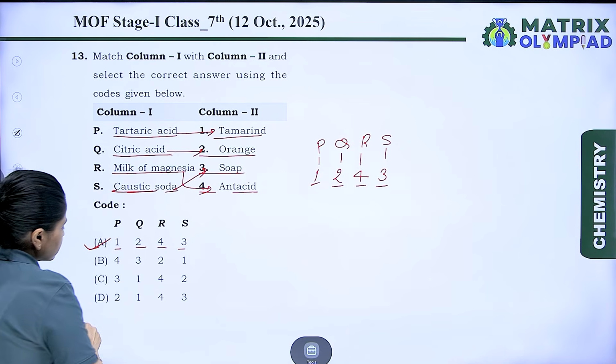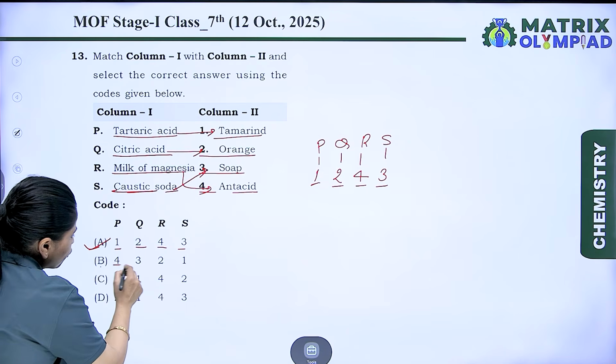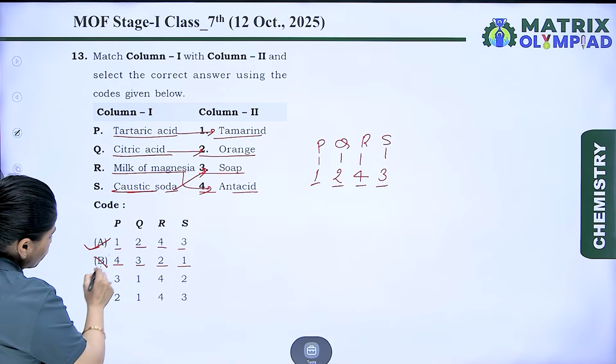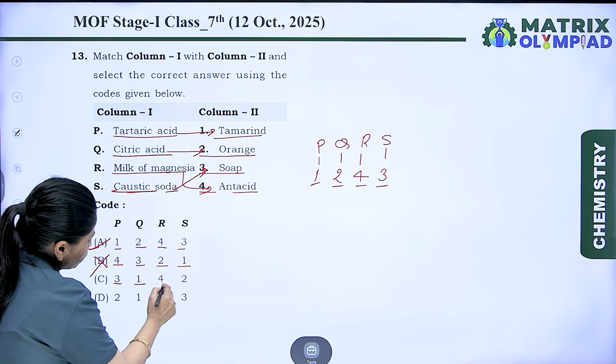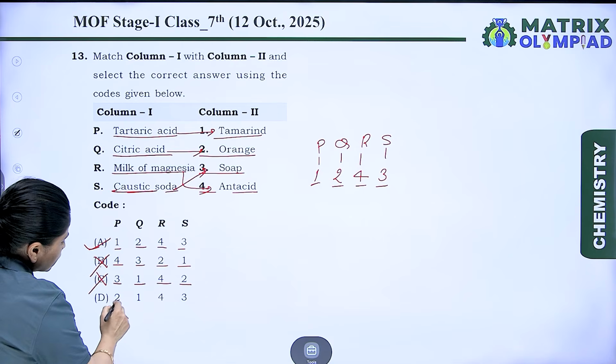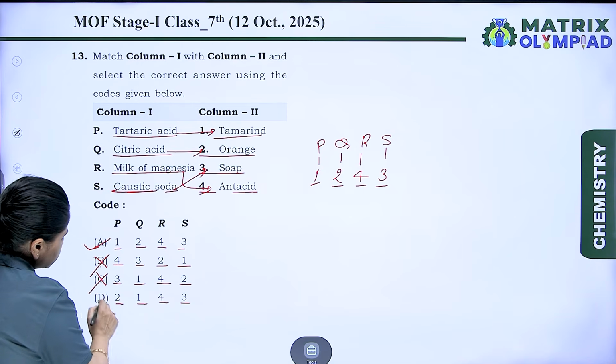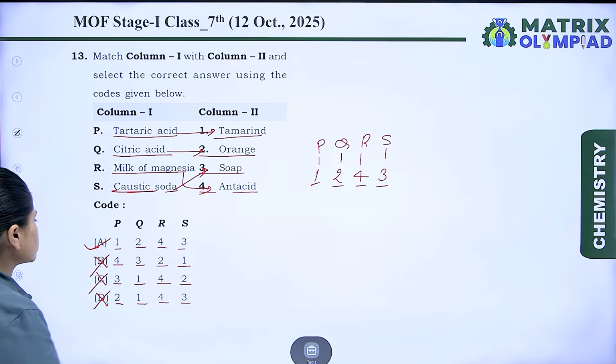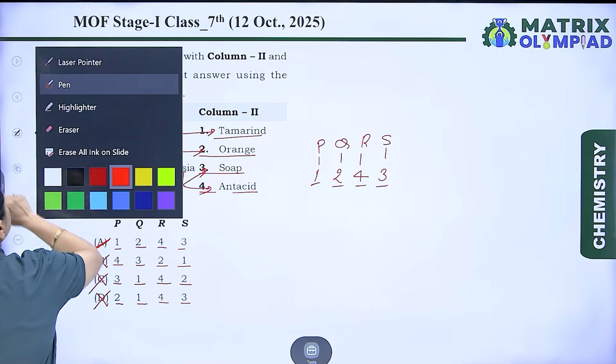Let's check the other options. B, 4, 3, 2, 1. No, it is wrong. C, 3, 1, 4, 2. This is again wrong. D, 2, 1, 4, 3. This is again wrong. So the correct option is A. Now the next question is,